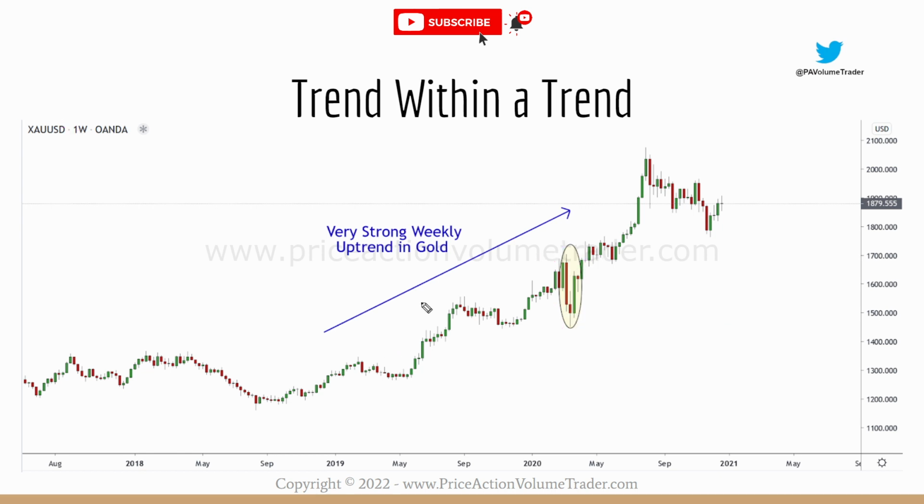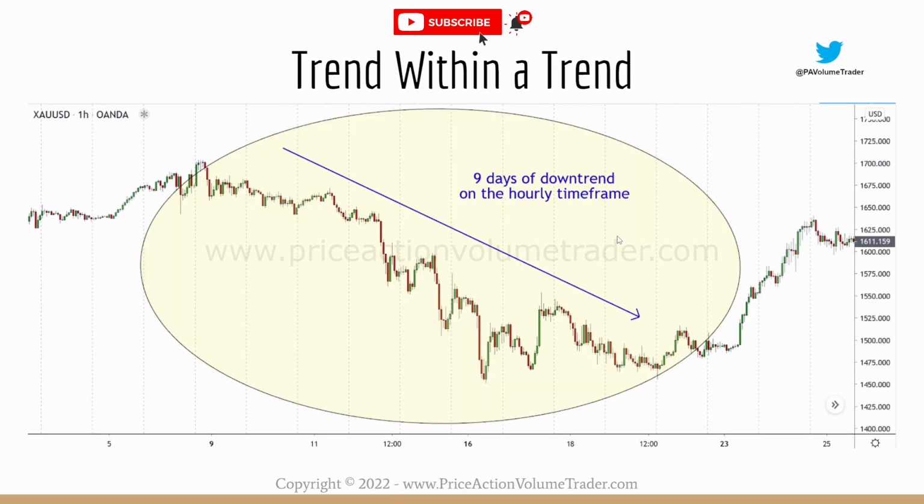But in the overall context, this is basically a pullback. You can see this swing low was not broken. Structure is still to the upside. And so over here, this was a good opportunity if you're a swing trader to either add on to your position as long as this doesn't break below here,